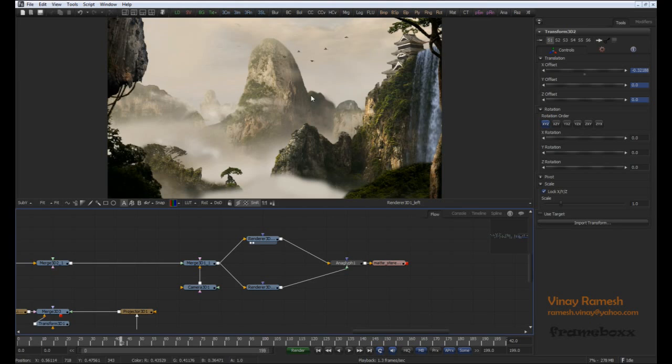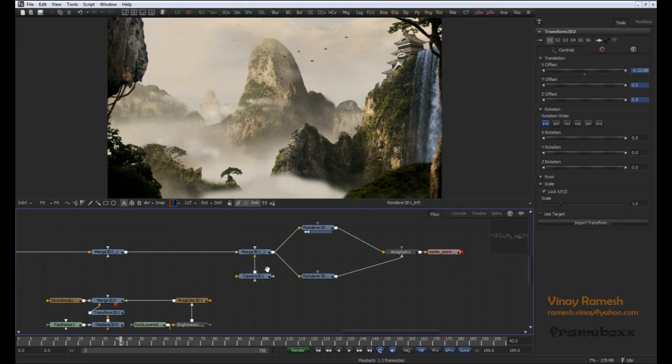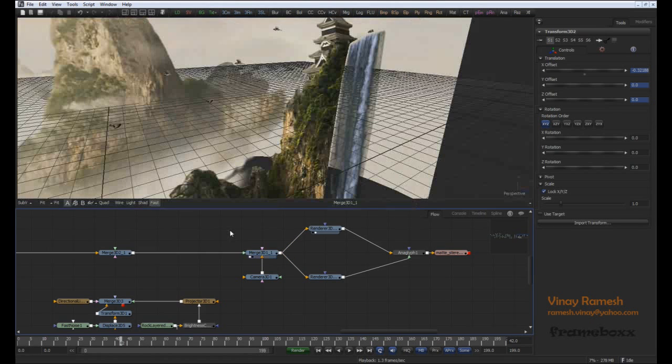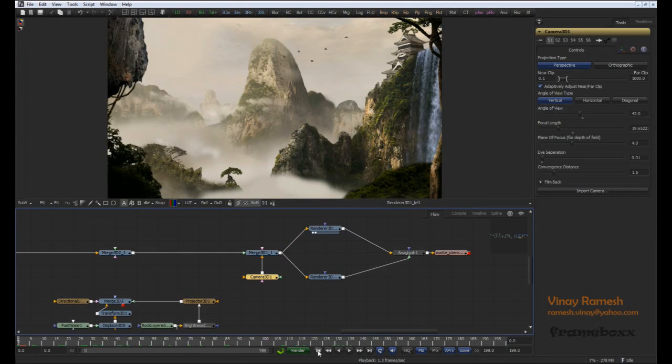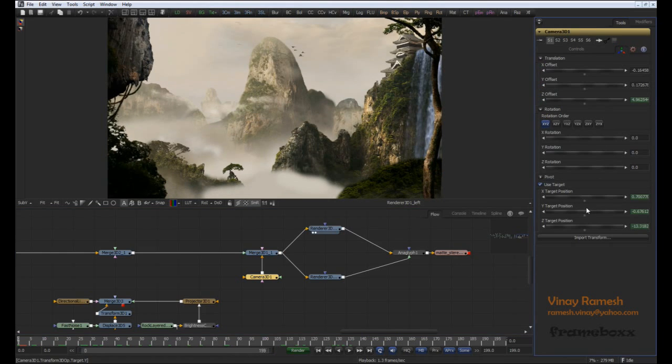Right. So now I'm going to show you how to render this out. So finally onto the scene I have a camera, and I have just animated my camera transform and target. I have used a target cam. Just go over here and enable the target. So I have an animation of the camera moving forward,